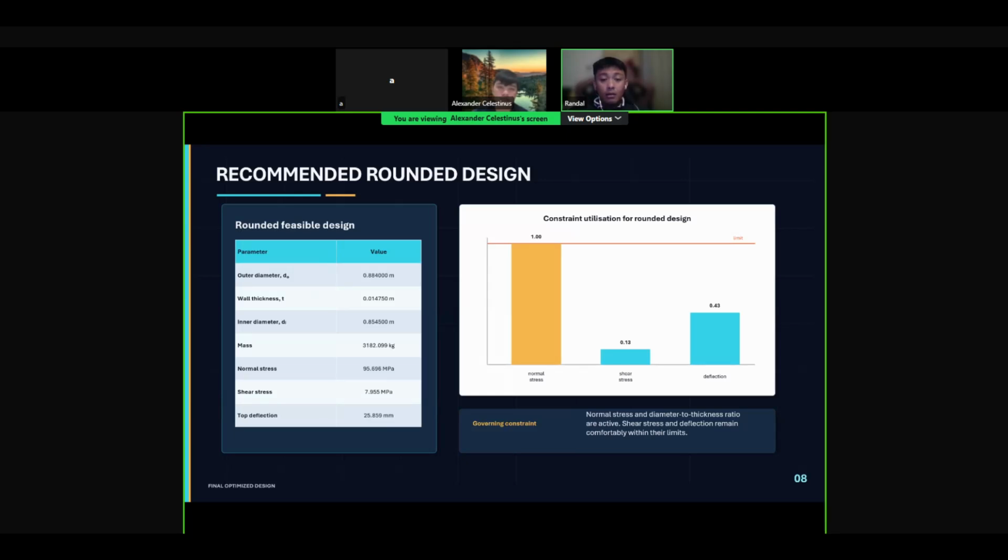For the next slide, this is the final optimization design. The recommended outer diameter is 0.884 meter. The wall thickness is 0.01475 meter, and the inner diameter is 0.8545 meter. The final mass of the design is